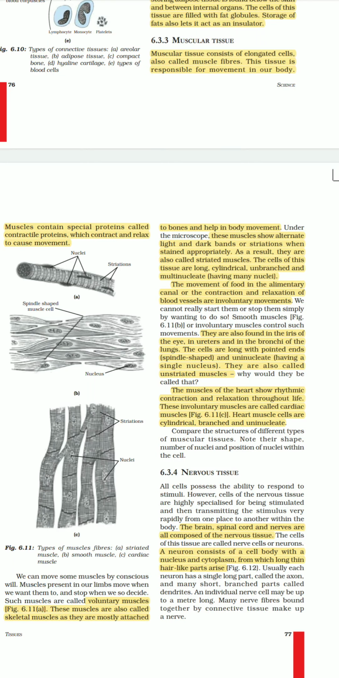Hello students. In our previous videos we have learned about different types of connective tissues. In that, we have learned about tendons and ligaments also. And tendons are those connective tissue which connects bones to muscles. Now what are muscles? Muscles are basically made up of muscular tissues and they are present all over the body